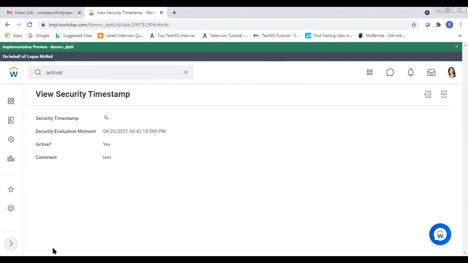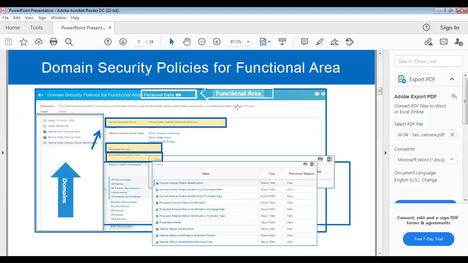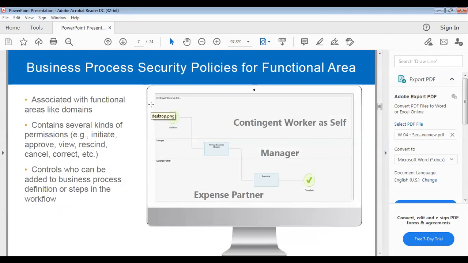So that is what I'm saying: a particular role or a particular designation has its own security. A senior manager will have their own security, a director will have their own security, admin will have their own security. So there are different types of security groups available in Workday: domain-based security, business process security, role-based security, user-based security. Clear? It's inbuilt already, Workday built. Domain security policy is one security, business process security policy is another.